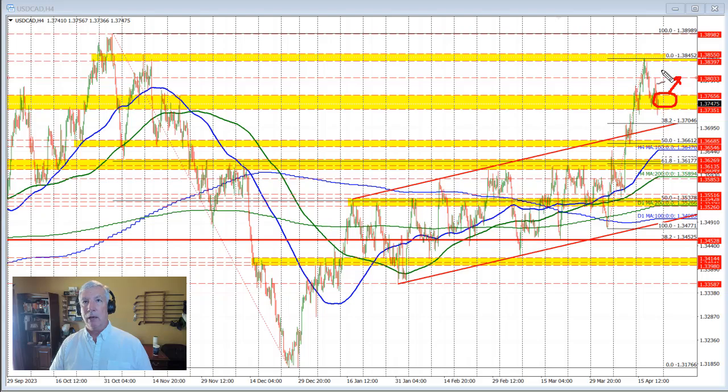On the top side, we're going to have this high price right here that is going to be a target level, and then we'll start to look toward the high price for the week and the high of this swing area back here, and that's going to be the progression to the upside before we get up to our high price for 2023, which came in just short of 139 level. So that would be the progression to the upside on more bullishness in the US dollar, more bearishness in the